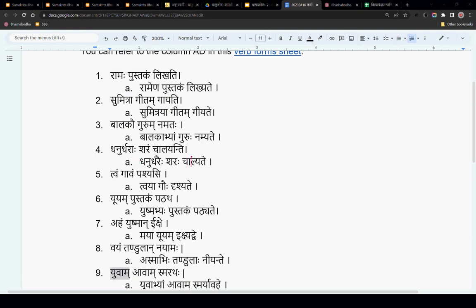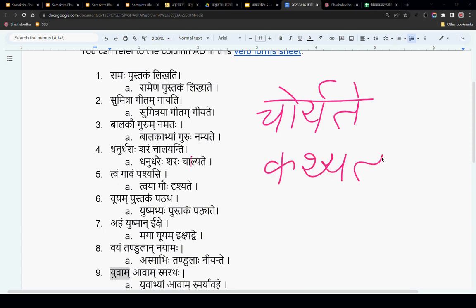So we have to remove that gana vikarana pratyaya, and then it becomes Choryate, Kathyate, Chalyate, etc. Katha plus aya is coming from that gana vikarana: Kathaya, Choraya, etc. If you remove that, it just remains Chur, and then add ya plus te, so it becomes Choryate.